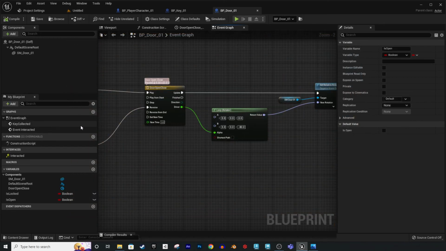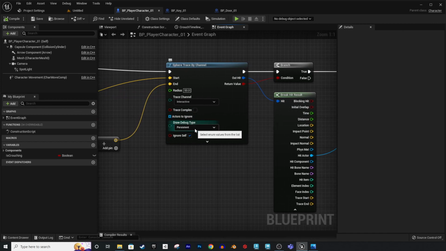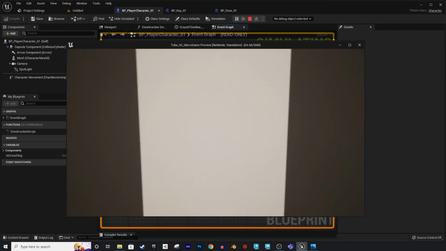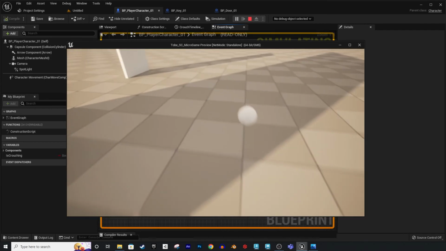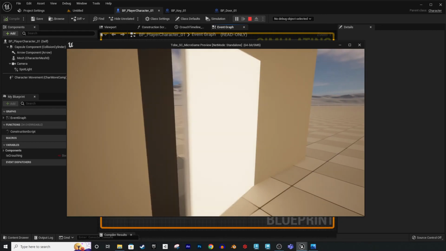If you want to get rid of your sphere trace rendering on the screen, just change the draw debug type back to none, compile, save that, press play. It's now gone. So we'll collect our key, open the door, close the door, open the door,